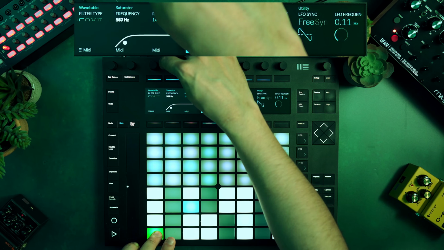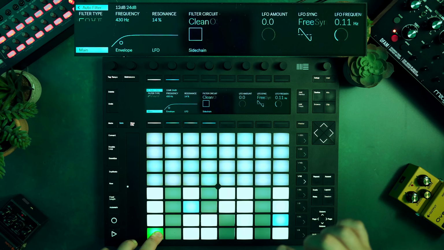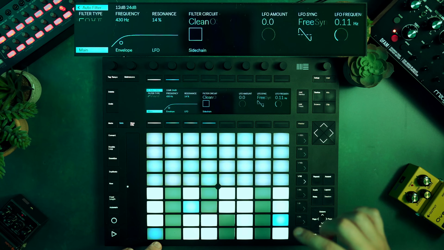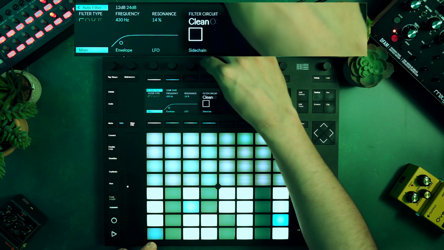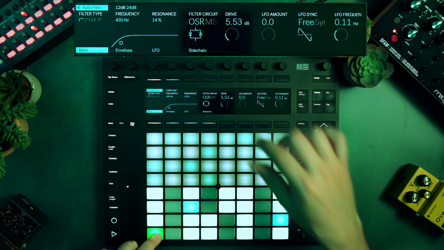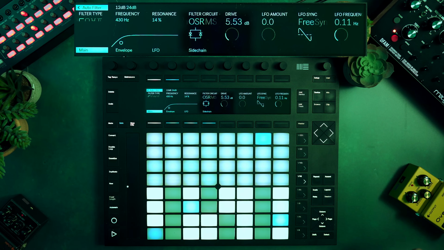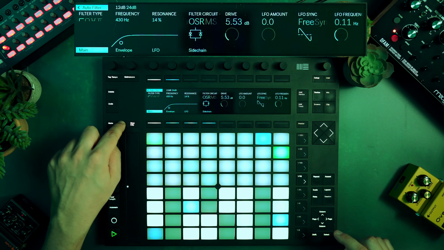And then maybe around 400. Maybe you can add a bit of drive. And then this one is just playing here. And now with the rest, I might need to